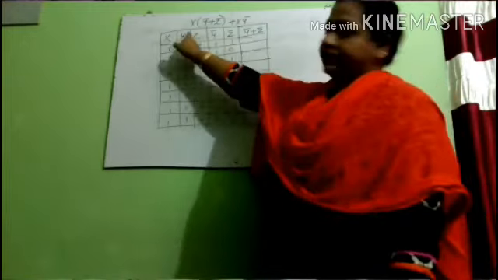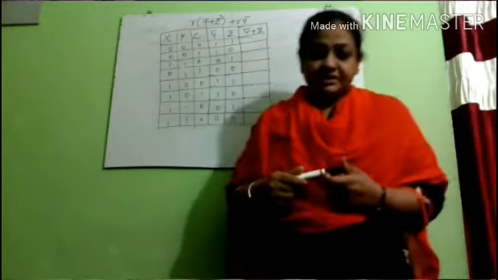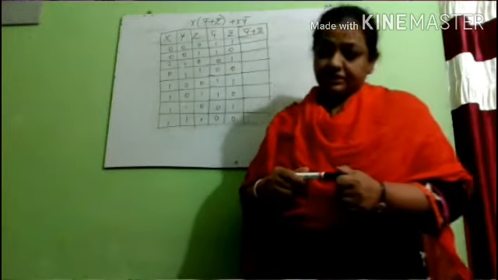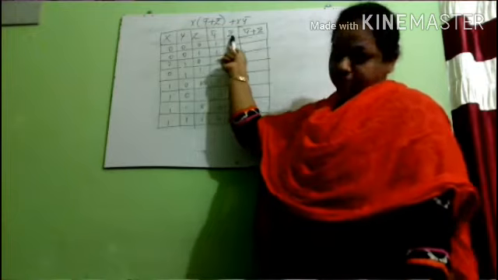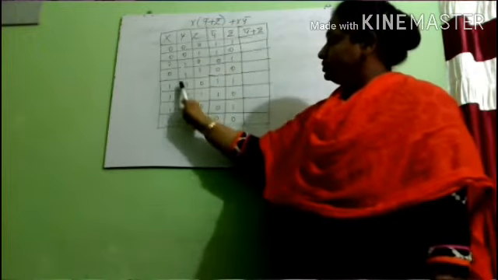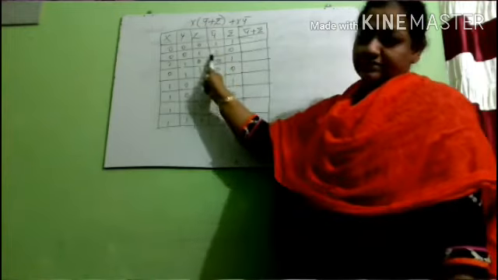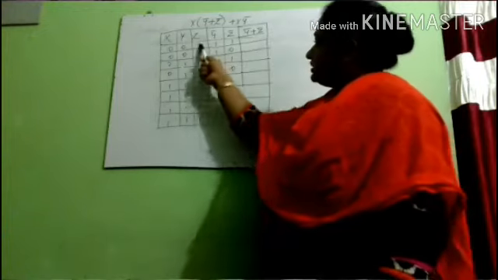So let's represent X, Y, Z, and then let us represent if there is any complement in the expression. The complements in the expression are Y bar and Z bar. So Y is 2 zeros, 2 ones, 2 zeros, 2 ones, so we are representing Y bar as 2 ones, 2 zeros, 2 ones, 2 zeros.